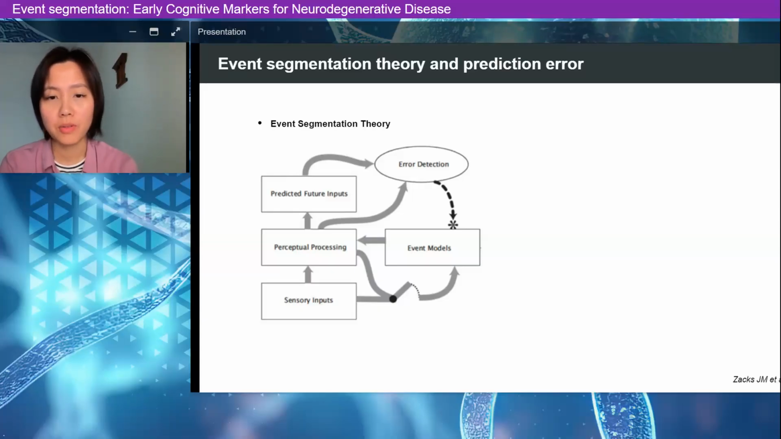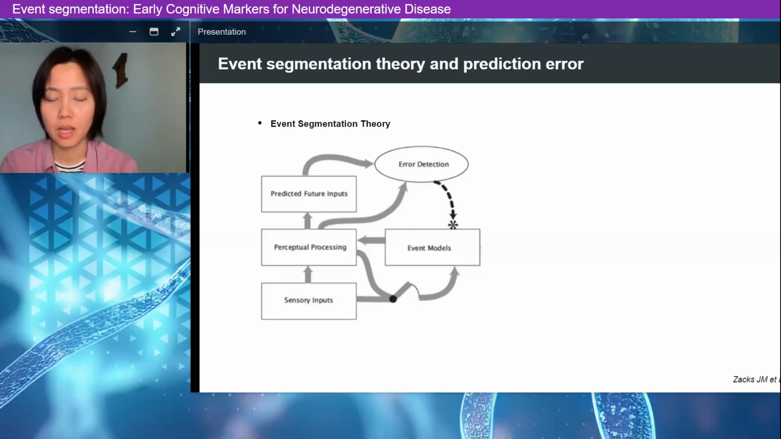Dr. Zacks proposed that our brain is constantly making predictions using the current information or sensory inputs received and also our event models stored in our brain. And when our prediction violates what we have actually received during the actual experience, a prediction error is generated, which can be detected by the brain and used as a feedback signal sent back to update our